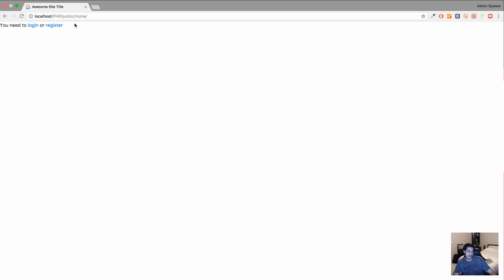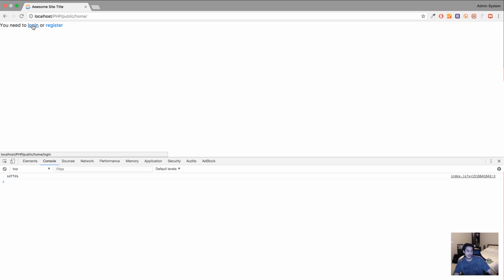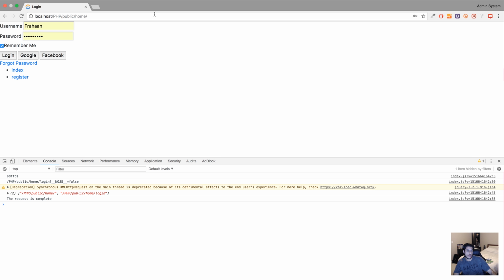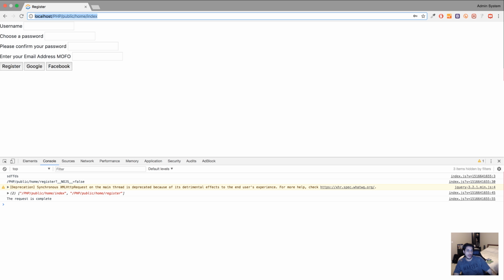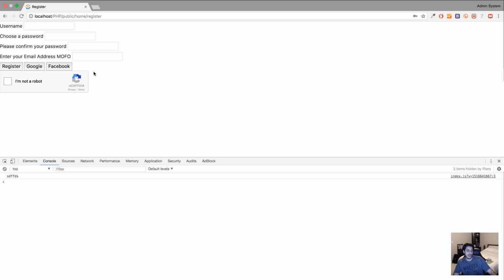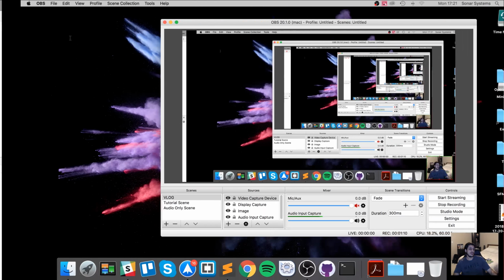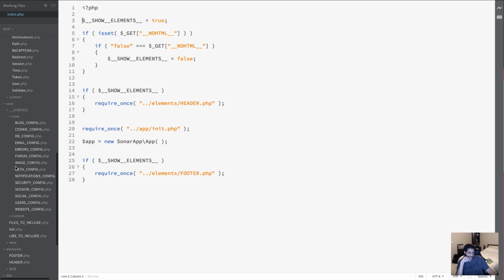So it was to do with the fact that if, let's say, going to login, going to index, probably wasn't the best one. So login, and then on register, it reloads, and it reloads because the events aren't bound to it. So it's trying to fix how to rebind events. So if we go to